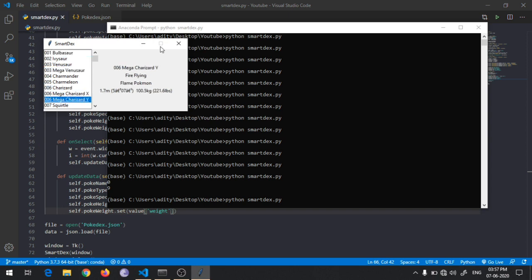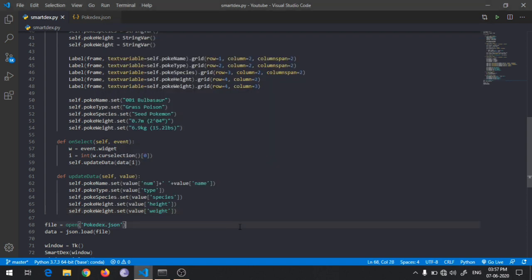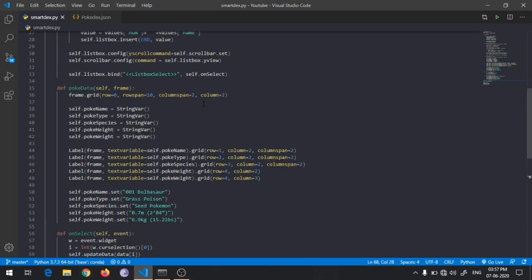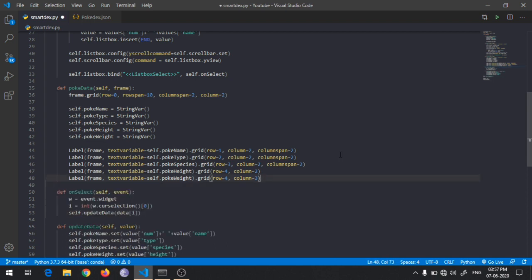Bulbasaur. Okay, so we have made a dynamic Pokédex, but now we have to add an image to all. For the image we have imported ImageTk and Image, but as you can see I have created this StringVar object, and I haven't initialized it with anything, but still it is initialized with a null string value from the start. But for the image there isn't any object defined, so we have to create an initial value from which the image will be changed.